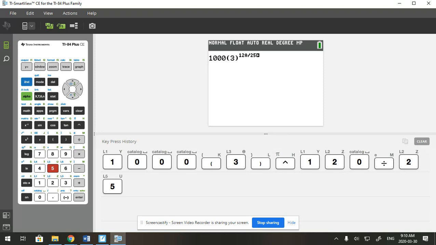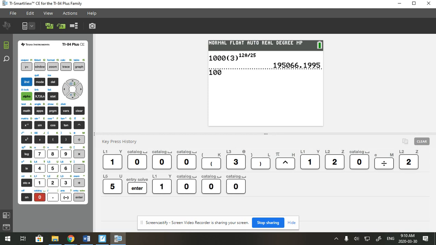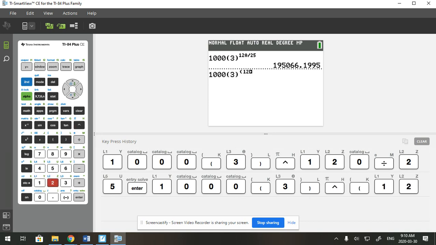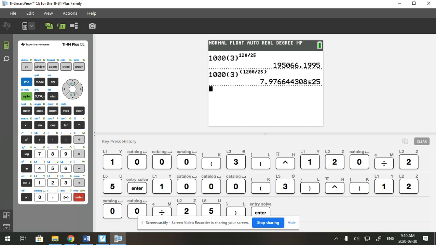If you have a TI-84, it'll do it like this for you automatically, and you can just hit enter to get your answer. But you have to be careful if you have a TI-83 or an older version of the graphing calculator, because this part here will be a little bit different. It won't automatically put it all as an exponent for you, so you're going to have to include brackets around your fraction. So I'm going to show you how to type it in if you have an older version of your calculator, or if you did this and it didn't give you the same answer as me, then try typing it in this way. Put brackets around your exponential fraction, and then hit